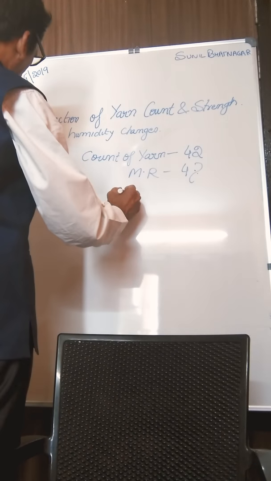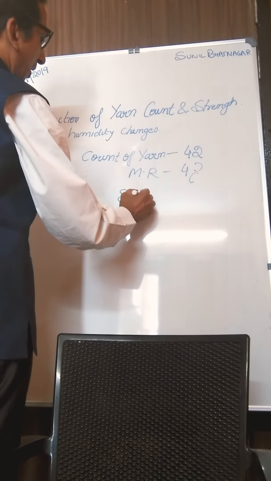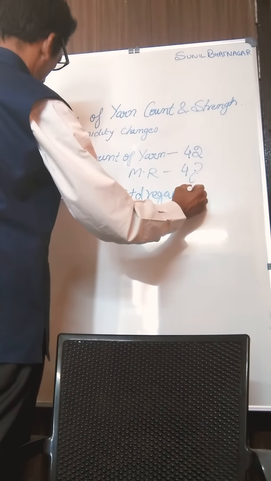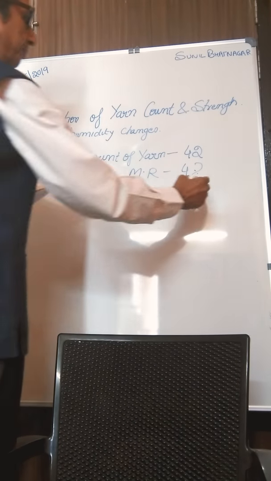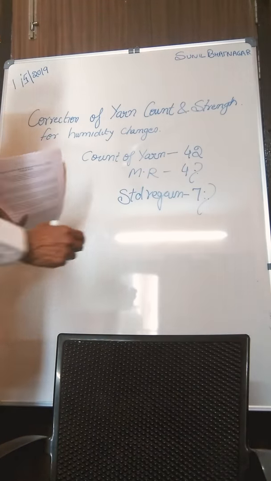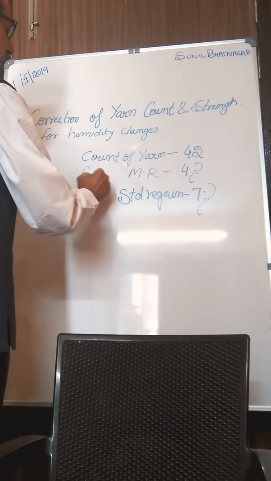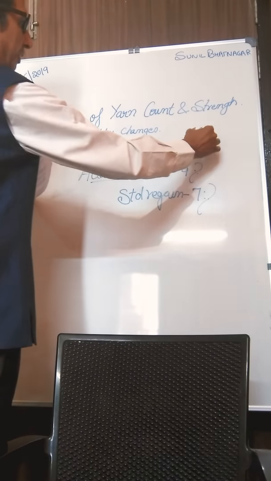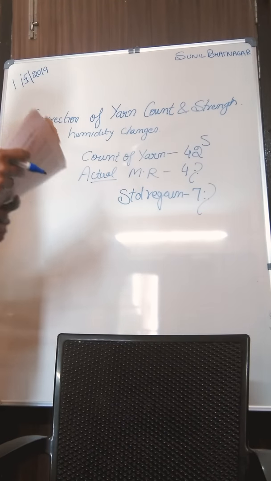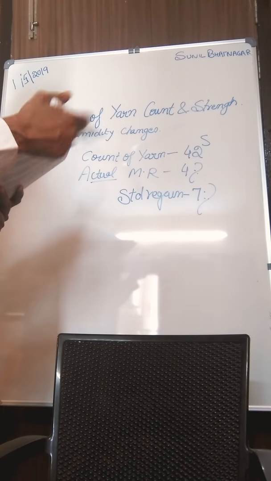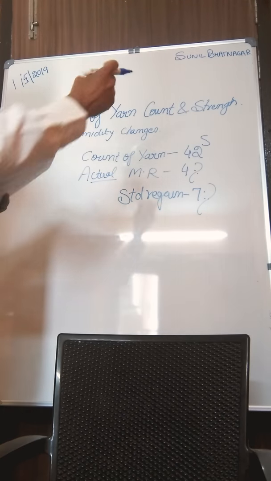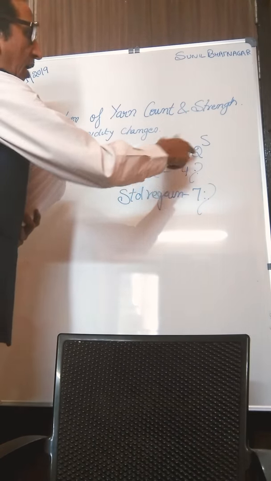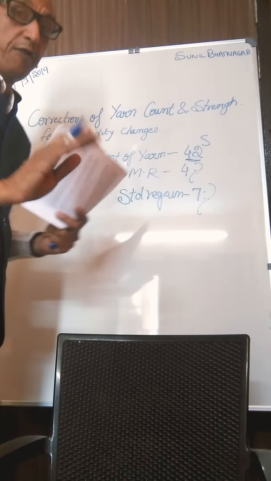Our standard regain is 7. This is the actual regain of the department. We found that the count is 42s. Now, what will be the actual count? In this case, the count will become finer